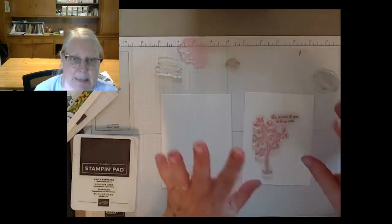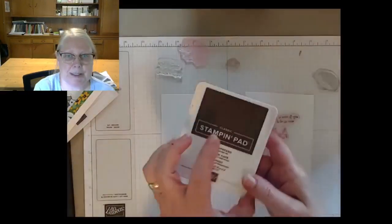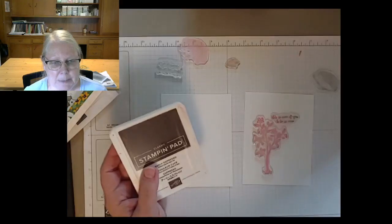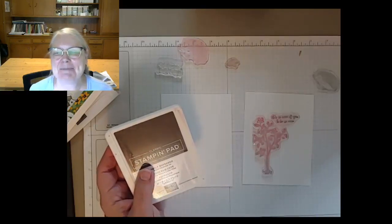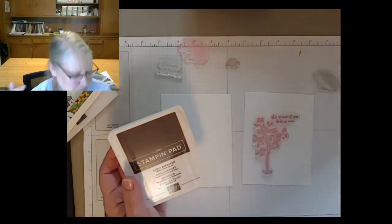So, for my stamping, I'm using Early Espresso ink. Now, you might be surprised that I'm not using the Memento ink. Yes, that's right, Sue, I did. I had all 8 thrown in the scrap bucket. Okay, so